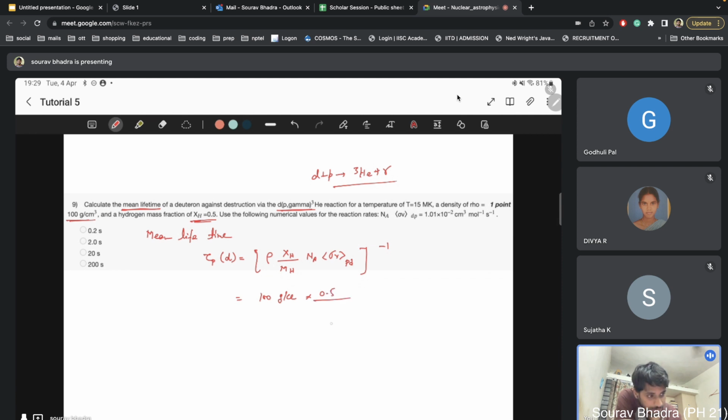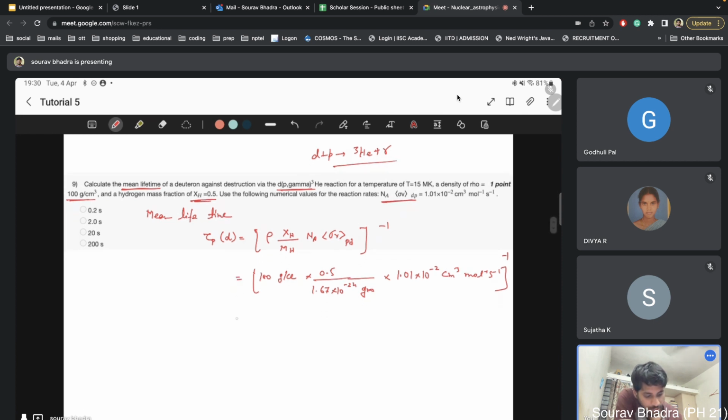The mass of a proton is 1.67 into 10 to the power minus 24 gram per gram, and the whole value of N_A sigma v is given, that is 1.01 into 10 to the power minus 2 cm cube per mole per second. And if you want to convert your mole to the number of particles, because at last we want our result in terms of unit of time,